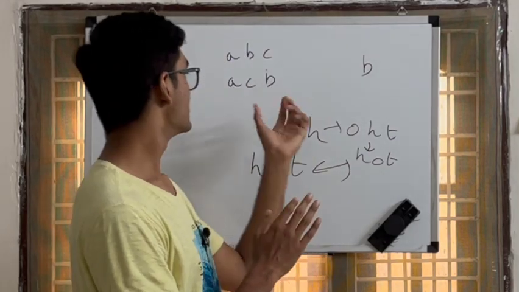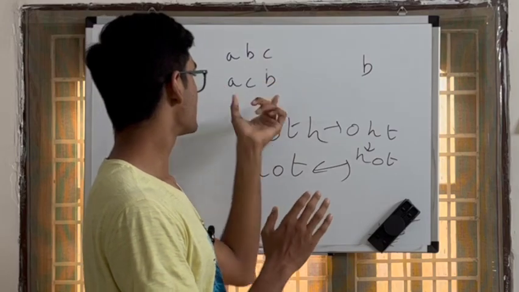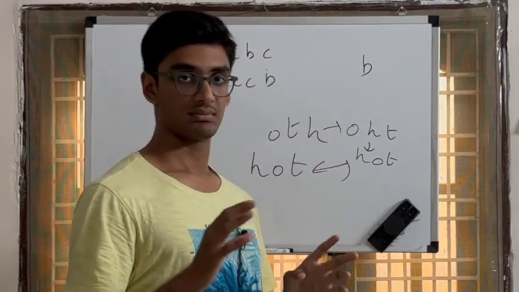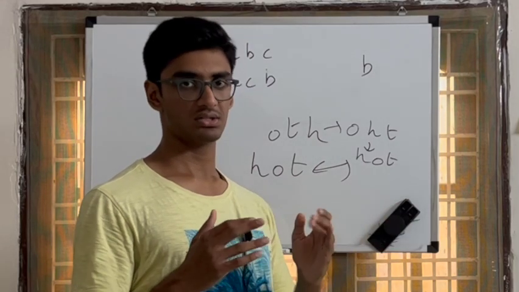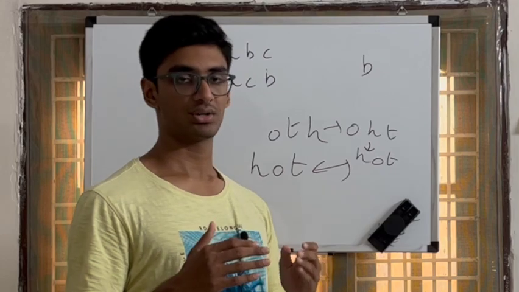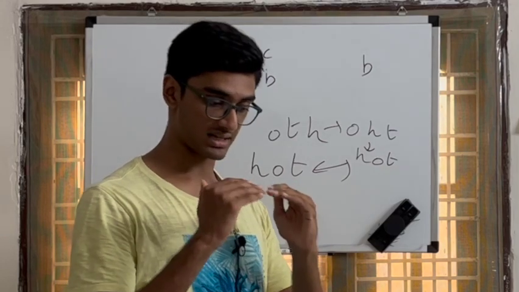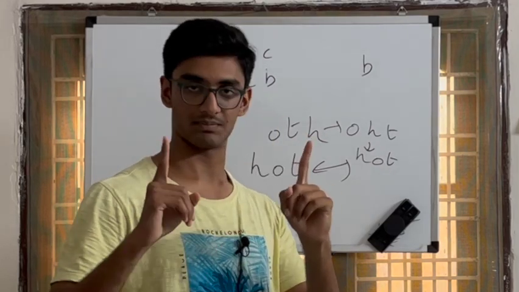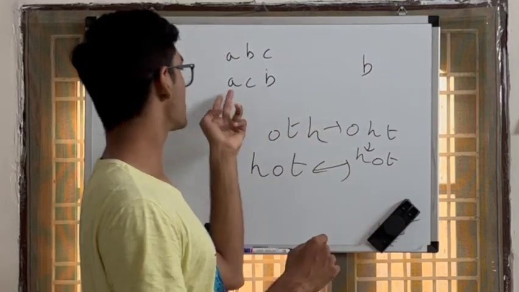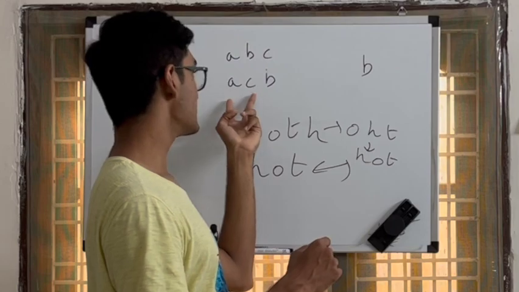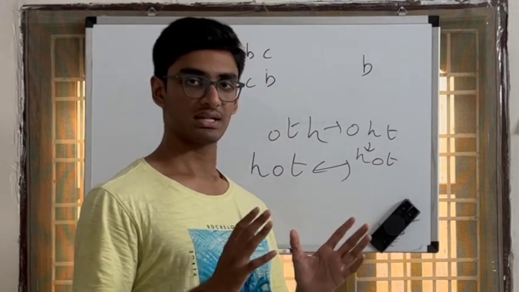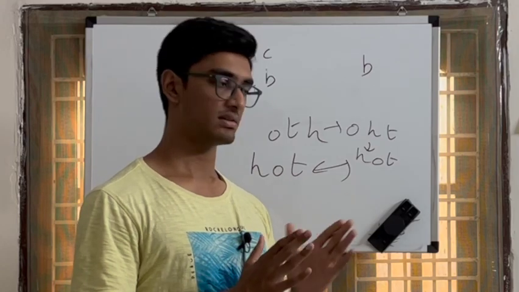So basically, in this case, the frequency is exactly the same. In the previous case, you needed to check whether it is at least as much as this. At this point, not at least, it should be exactly the same. There should only be one A, one B, or one C. If there are two A's here, then there should be two A's here. If there are three A's, then three here. That's it. If the frequency is exactly the same,